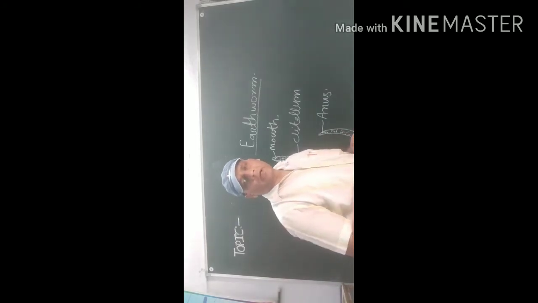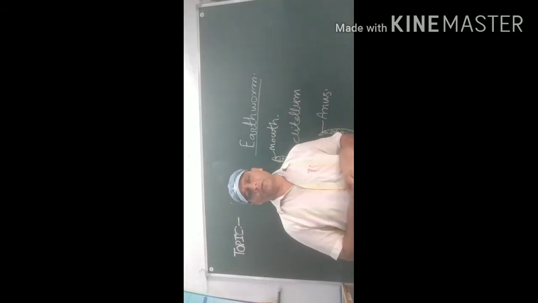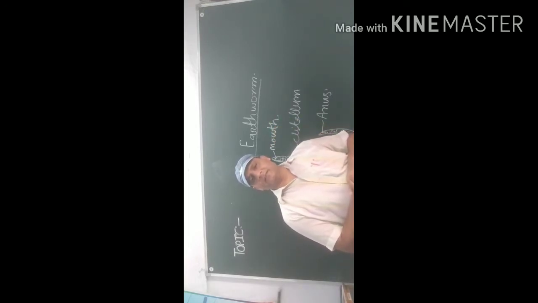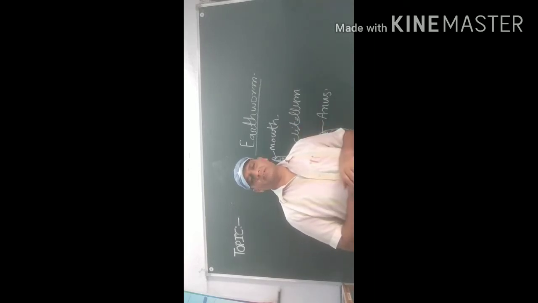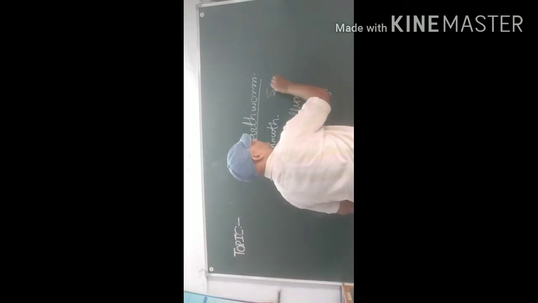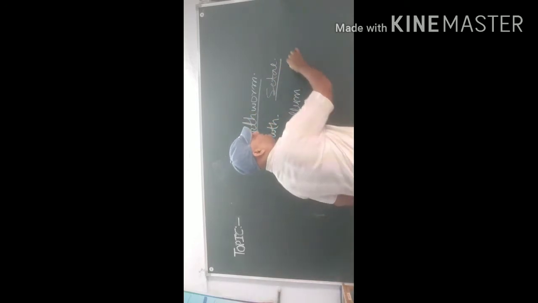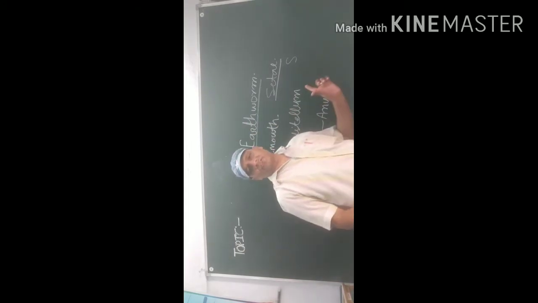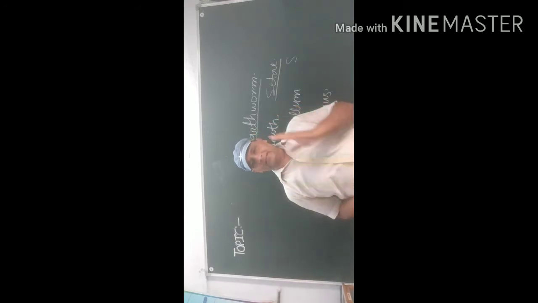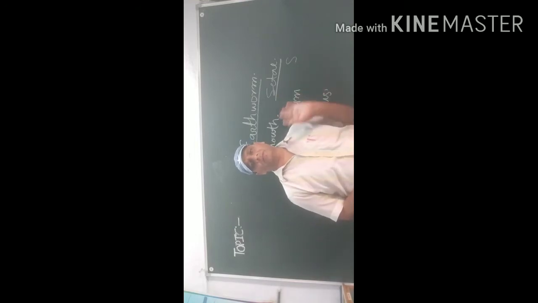Locomotion in earthworm. How does locomotion take place in the earthworm? The earthworm locomotes through specific muscles. The muscles help in locomotion, the transverse muscles, and a specific structure, the setae. The setae are chitinous S-shaped structures which help in the locomotion of the earthworm.